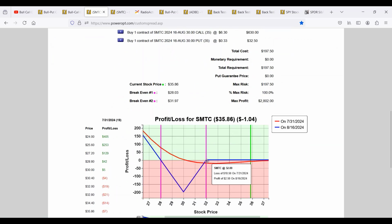Not the profit and loss chart you wanted to be successful. Your max profit looks huge. Your max profit is down here if the stock goes to 0. Your max profit in the direction you thought the stock was going to go, in the spread position that you wanted, is only $2.50. Now you're trading against yourself for what your original plan was